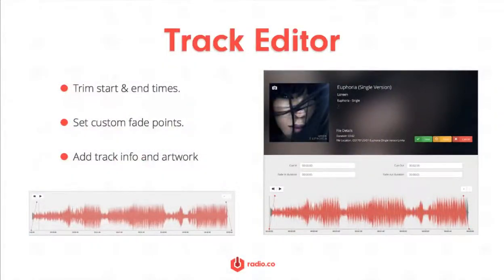It's something we've been working on for quite a while now. We did have a beta version ready at the end of 2016, but when it got to the start of 2017, we completely rebuilt it. What it now allows you to do is add custom artwork to the tracks. So if you've got some tracks which don't have quite the correct artwork, or if the information isn't all there, you can just add it straight